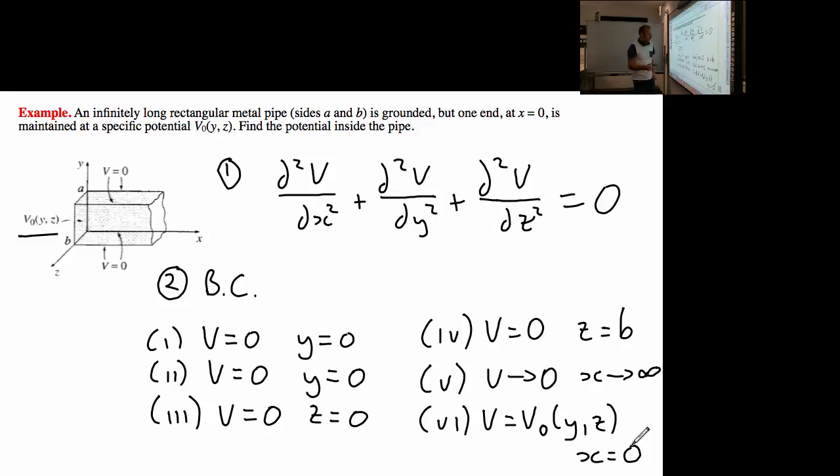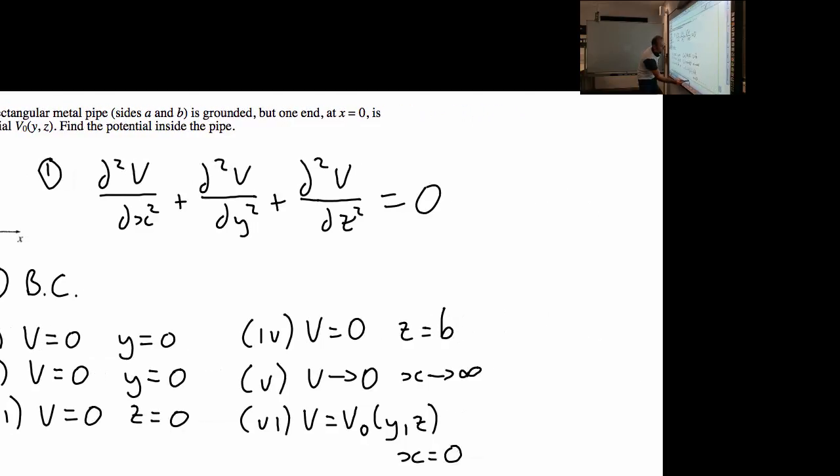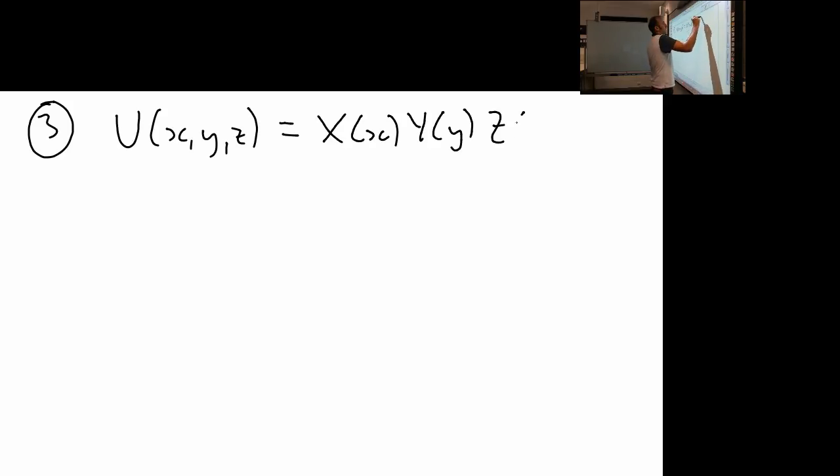Now the third step, and as always, what we want to do is find solutions which are products of functions that each depend on only one coordinate. So we're looking for a solution of the form X(x) Y(y) Z(z). When we substitute this into Laplace's equation and then divide across by the potential X Y Z, what we obtain is